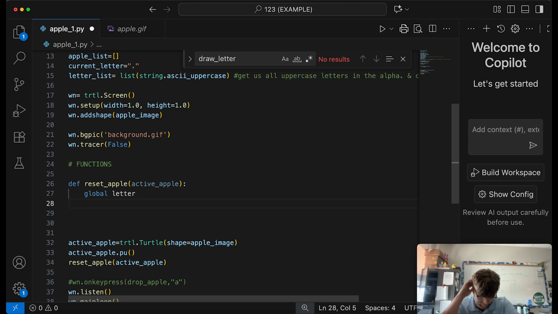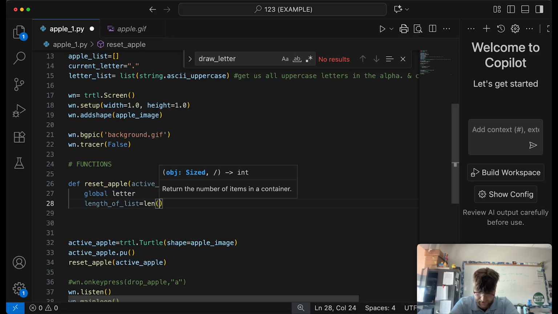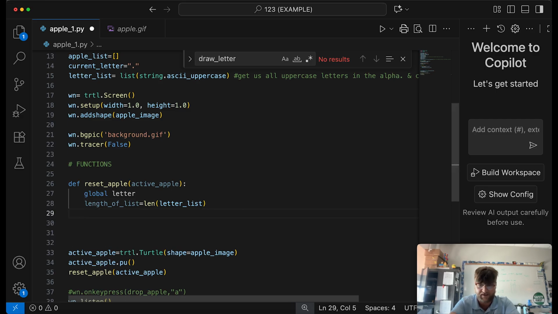And so we're going to end up finding out where that is. Now, the length of the list, we're going to end up doing that: length of list equals, and then we can go len, and then we can use letter list. Now, len, remember, is how we find the length of a list. So if the length is equal to 0, then that means we don't have any letters left, right? And so if the length underscore of list is